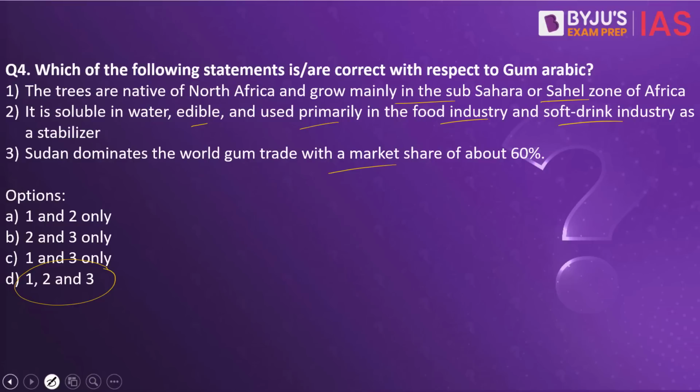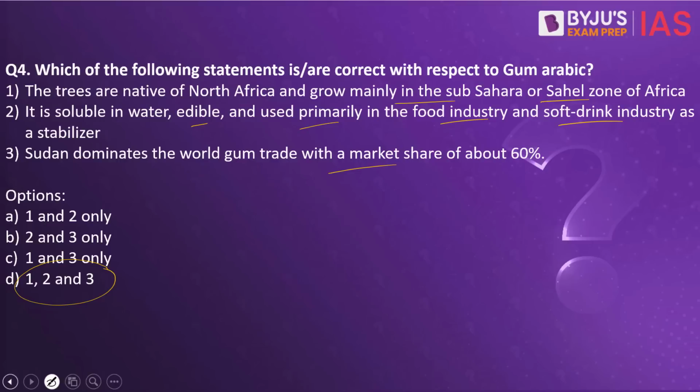It is used in bakery products. For what? It is used for increasing the viscosity and adhesive properties, and at the same time it is also acting as a flavor emulsifier and protective colloid. It is also used in the pharmaceutical industry. It is used as a stabilizer, a binder, a mucilage, an emollient and demulcent as well. These emollient and demulcent are used in cough drops and syrups. It is also used in the cosmetic industry. For example, in lotions and protective creams, it is used to give a smooth feel. In the facial mask and face powders, it is used as an adhesive, and these are some of the applications of gum arabic.